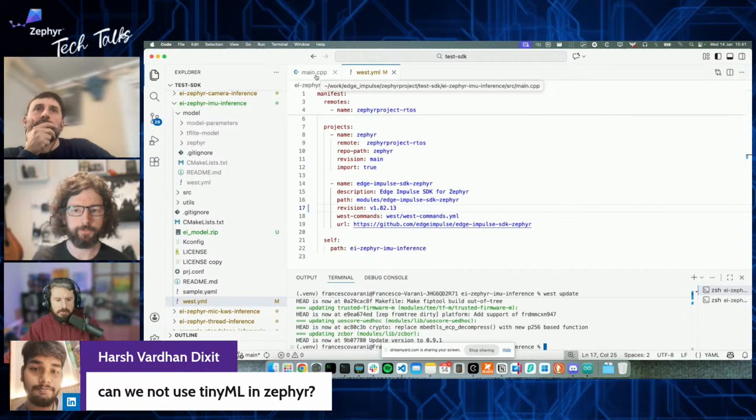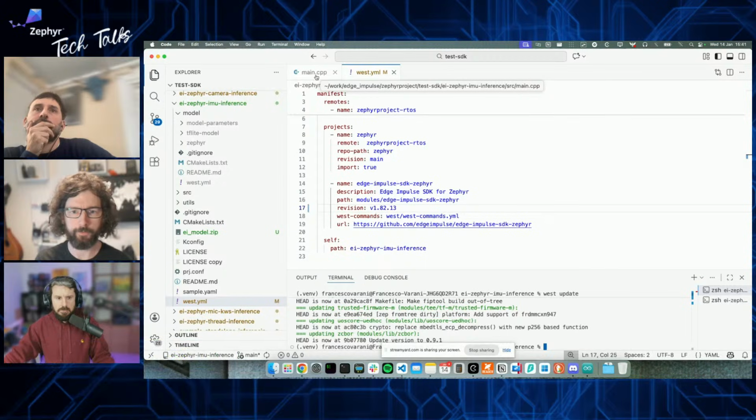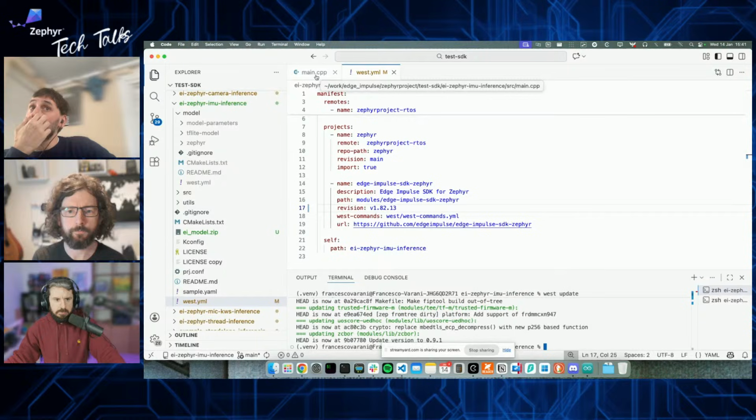Well, Francesco, you have the CMake list there. You can show how easily we can enable and disable flags like TensorFlow Lite Micro. You can configure it to run in TensorFlow Lite. Well, the answer is yes. You can directly use TinyML, add TensorFlow to your project, etc. But yeah, it's a lot of steps. It can be painful,